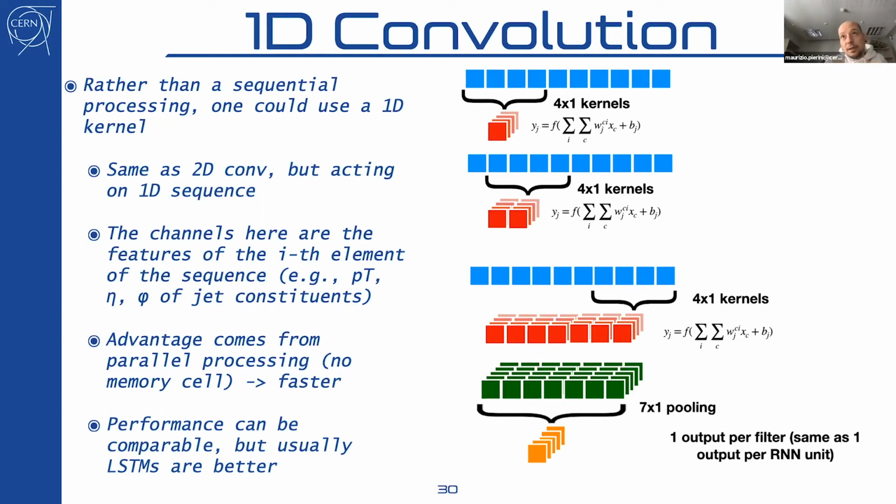Here you have a one-dimensional sequence for each of the channels. Imagine for a particle, like your particles are embedded in the sequence as pt, eta, and phi. You will have three channels, the pt channel, the eta channel, and the phi channel. And each channel will be a one-dimensional array, which corresponds to the sequence of particles, okay? Now, you can process this with the recurrent network, as we said, but you could instead use the same architecture